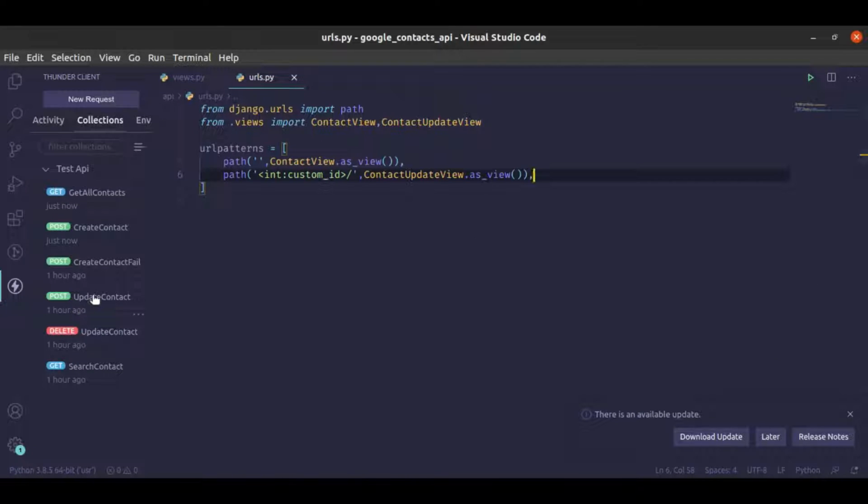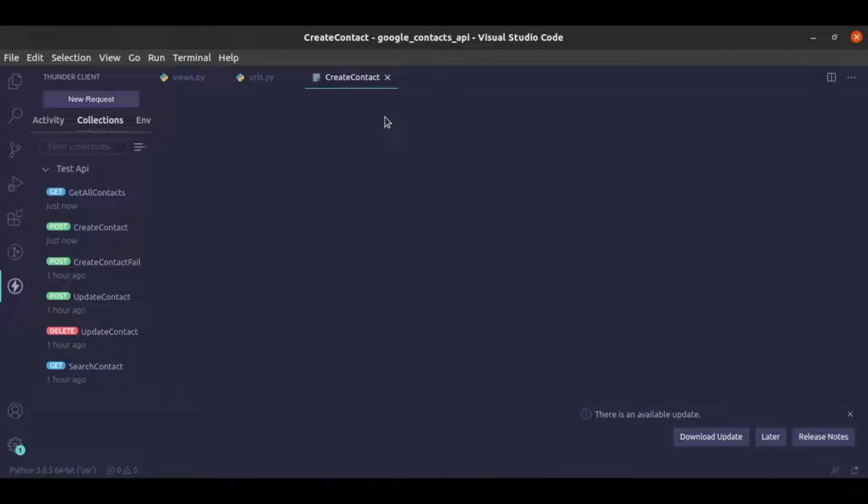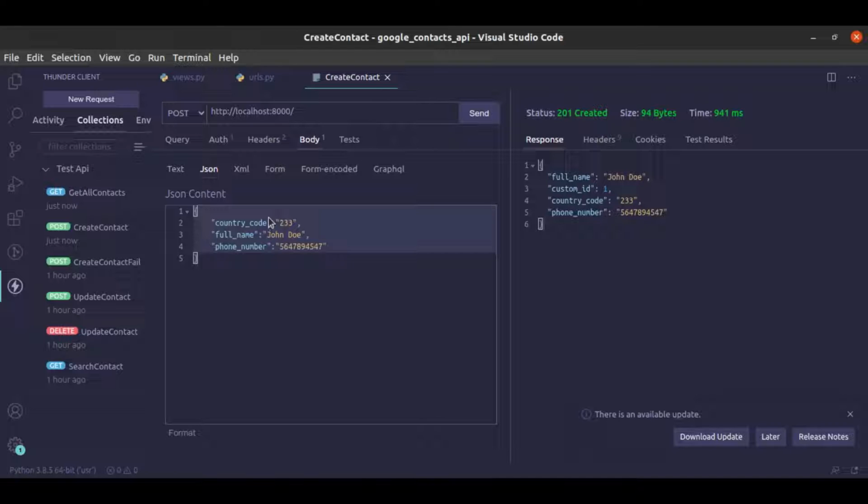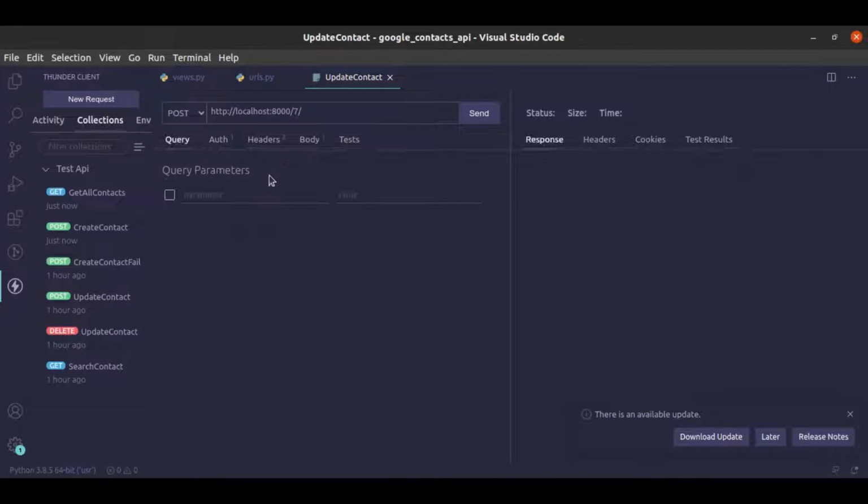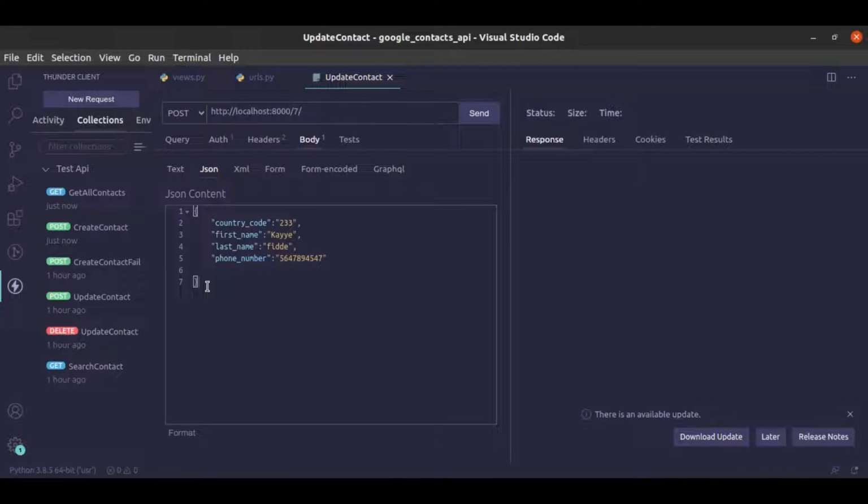So we have our contact update over here ready, but we are going to copy some stuff from here. Okay guys, so I just copied the data from here, so we are going to use it inside our update endpoint. So let's go to our body. So let's paste it over here. Let's change the name from John Doe to Dev, and let's add his favorite